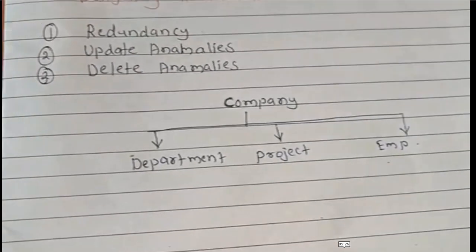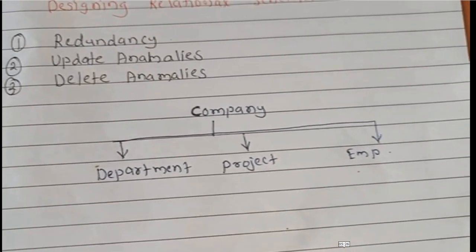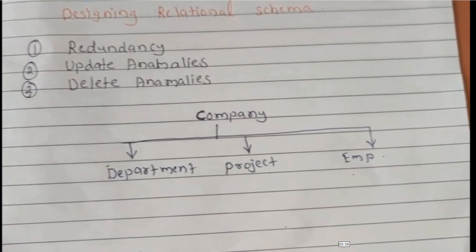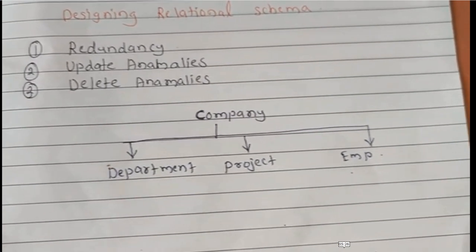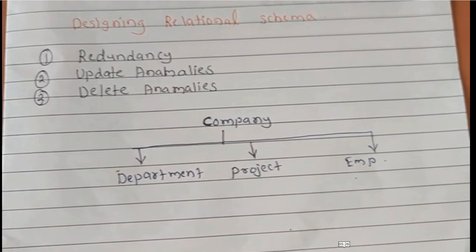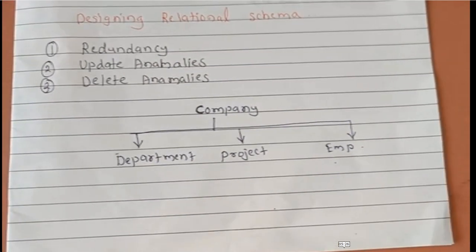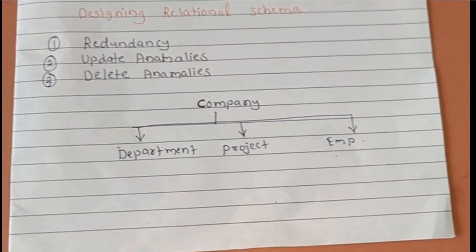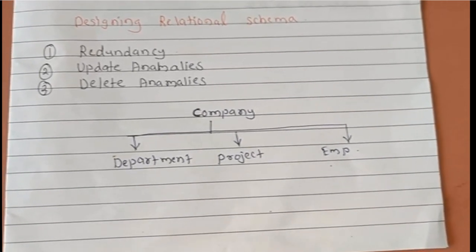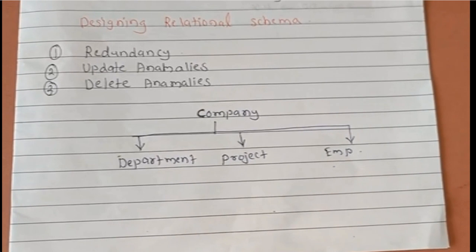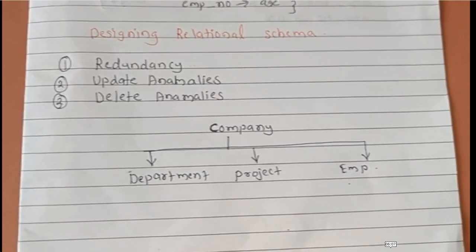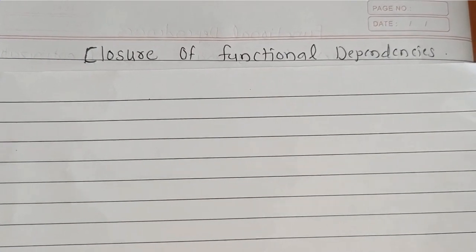Now let's take an example of this company database. The company database has the tables department, project and employee. So it may be possible that employee name may be repeated in the tables department, project and employee. Updating the employee name should get updated everywhere, and if it is not updated it is called an anomaly. The same holds for delete. Wherever the employee name is present, if we want to delete a particular employee, it should get deleted with all the instances.